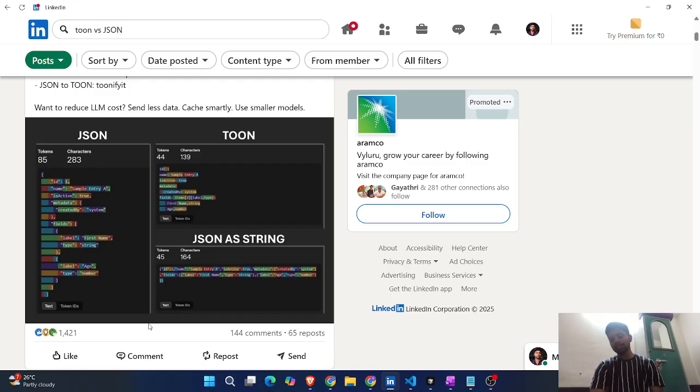So that's the point. If you're going for traditional applications, you're creating APIs where LLMs are not at all involved, endpoints you are creating for your application, backend logic, then obviously you have to go ahead with JSON because that is a universally accepted structured format, right? Whenever you hit any request, you will get some response. The response has to be in JSON format. That is the best way.